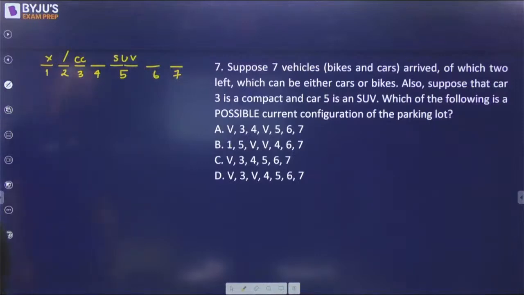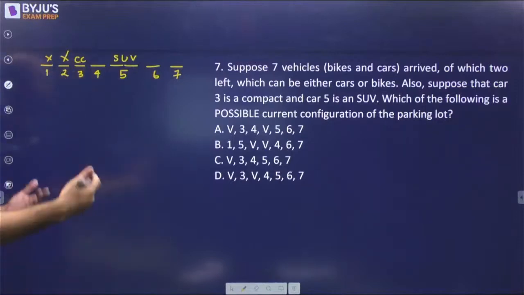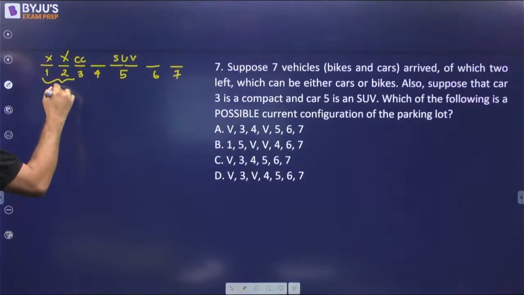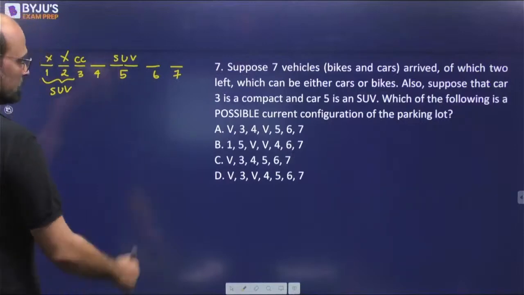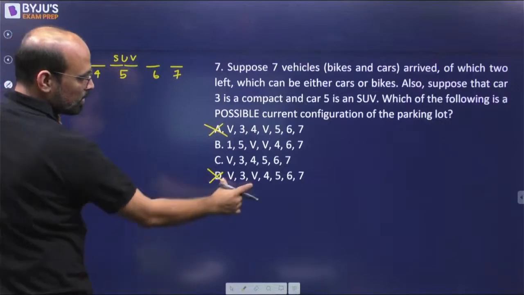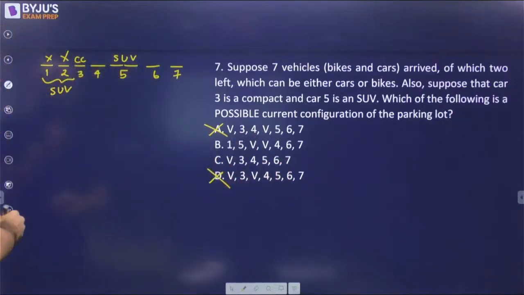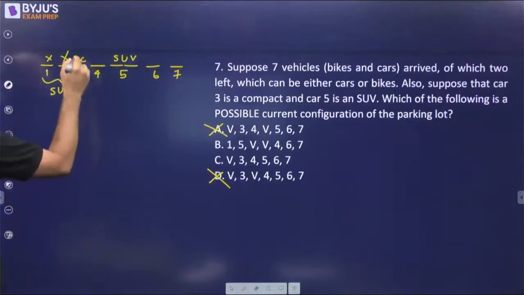vacant there. या तो दोनों जाएंगे, right? Either both will go if I consider them to be SUV, or there is going to be only one that will go. So ये तो नहीं हो रहा. If this doesn't happen, this one also doesn't happen, right? V को interchange करने से nothing is going to happen. So it's either B or C. Now between B and C,